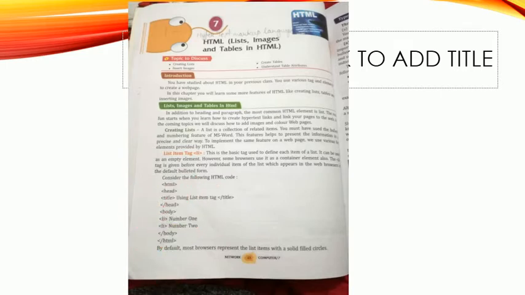Okay, so all right, here you can see what is an empty element. An empty element is the list tag because it has the opening tag but it doesn't have the closing tag. It is used with the less than sign, then li, and then greater than. Then what is a container element? A container element is HTML, because it has the opening as well as the closing tag. Okay, so let's move on to the next page.